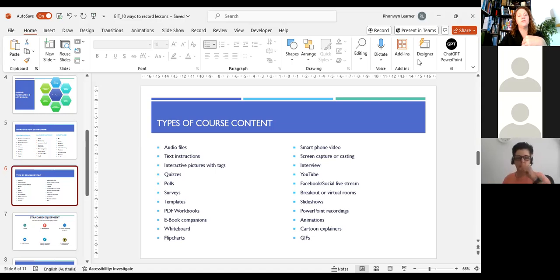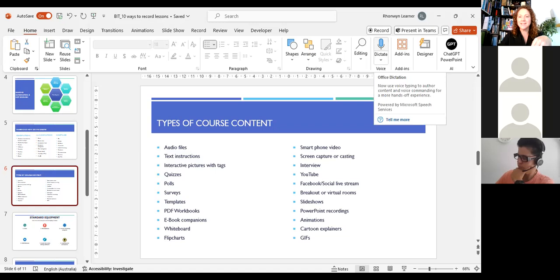And if you're using Google Slides, Google tends to emulate a lot of what Microsoft does anyway. So if I show you something in Microsoft PowerPoint, generally speaking, you're going to be able to find it in Google Slides. A couple of things that people don't realize are in PowerPoint for making your slides. The first one is Dictate. Dictate allows you to do speech to text within the Microsoft Office suite, and it's in PowerPoint